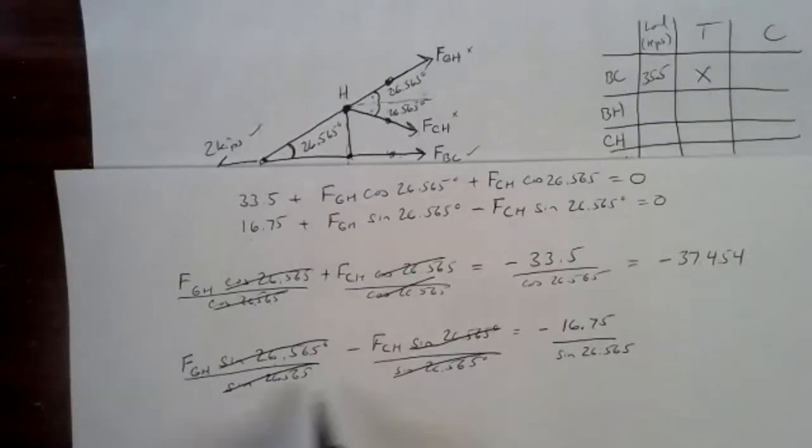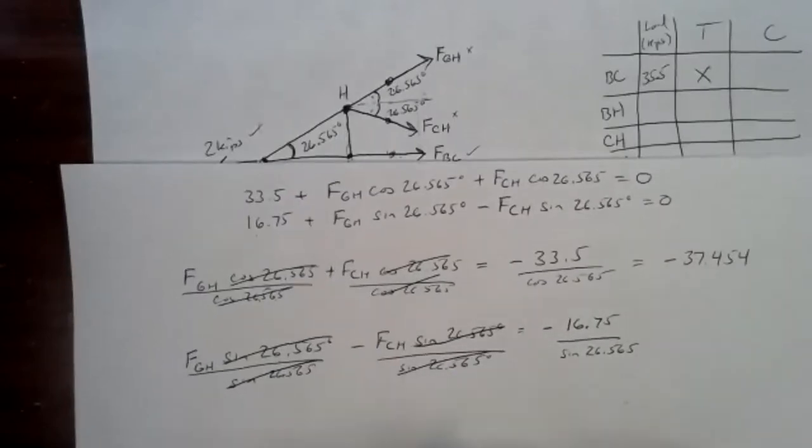Understood. And that way, you're writing the same number of digits. In fact, you're writing more because you're writing the sine and the cosine. But at least that way, I don't run the risk of messing up certain things. I know these are all the same, so I'm just going to cancel them out. But here we have 16.75 divided by the sine of 26.565.